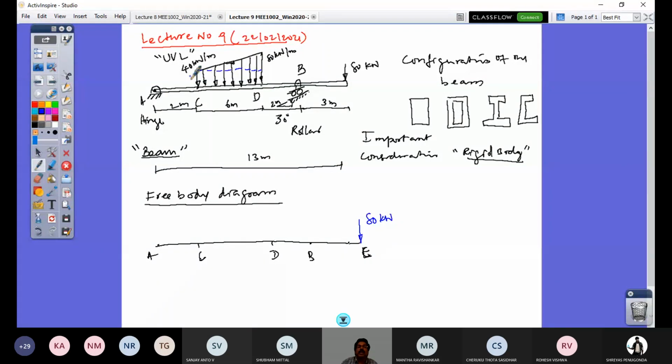So here you look at the unit, it is not only kilonewton per meter. So the variation is per unit length. So for the given span, it can be found out. The portion which is below this dotted line drawn is the rectangular portion, and the area of this rectangle would be the resultant of this distributed portion of the UVL. So that would act at mid-span of this CD, say that's this point, and represented by a concentrated load, and the magnitude of the load would be 40 into the span 6 kilonewton.